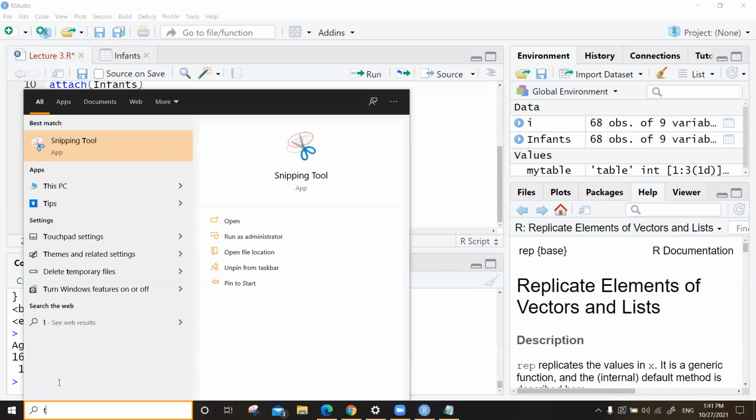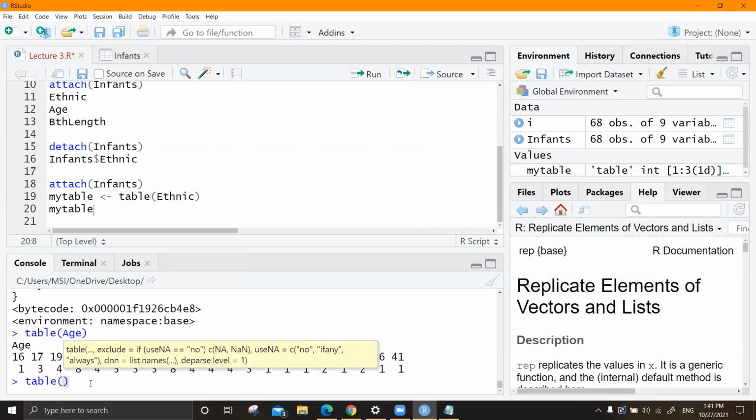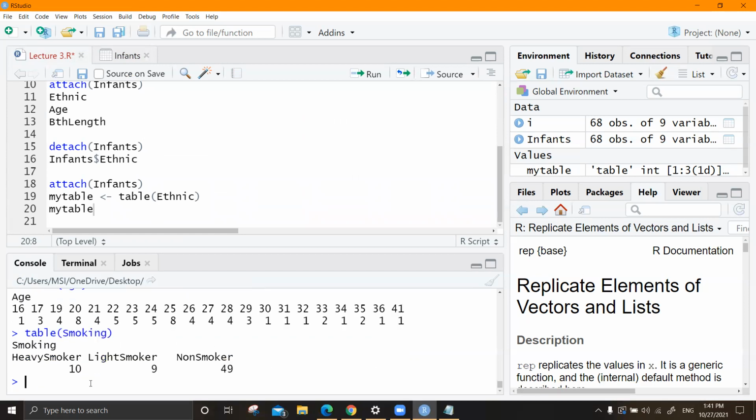So let's draw a table for smoking. Heavy smoker, 10 people. Light smoker, 9 people. Non-smoker, 49 people. So smoking is a categorical variable. It is okay to have something like this.